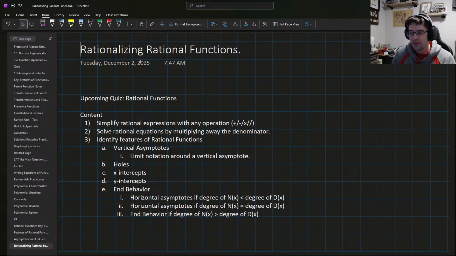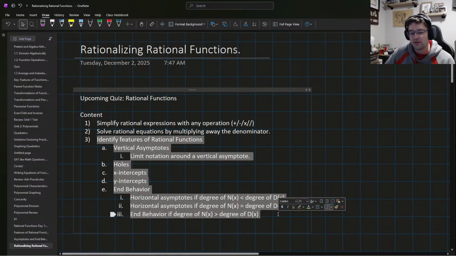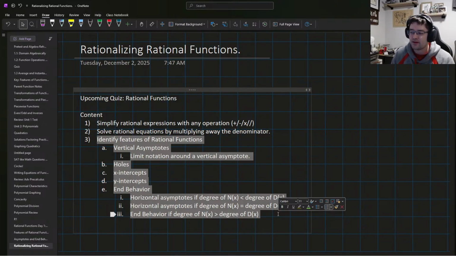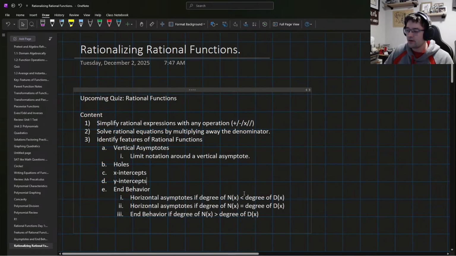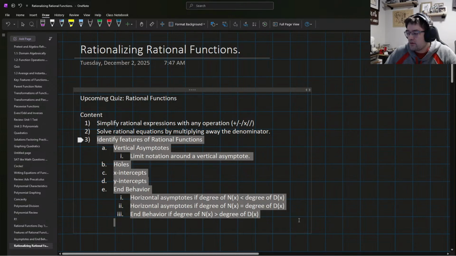So on screen you can see the content on the quiz. I did break it up into the larger categories on purpose. I know that category 3 with the features of rational functions is pretty intimidating, but it's really a lot more definitions and less math. It's a lot of knowing where to look in the function instead of relying on a lot of algebra to get you there. Of course, there's factoring and some things that are important in that section, but this section is mostly what we've gone over in the past 2 classes, and there's some